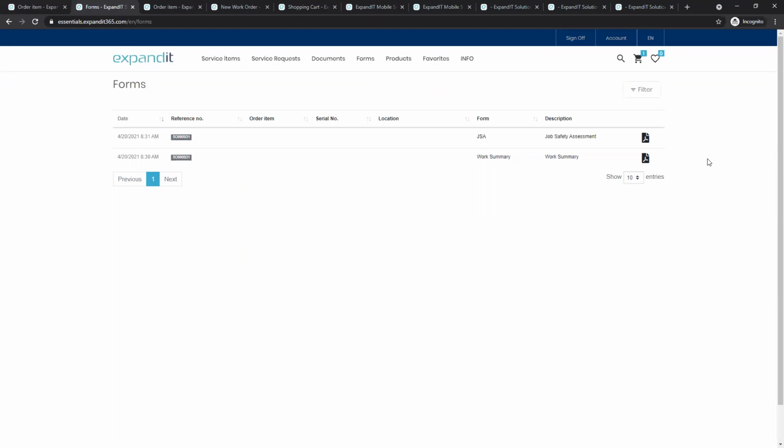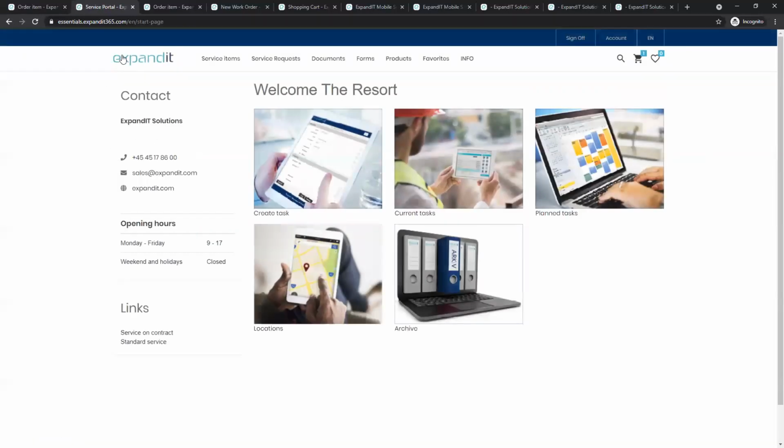Okay, so there's different ways to do that. Different customers will choose the approach to make that happen. One way that some customers will do it is they'll use this as their website. So again, this offers a full content management system. You can create your own pages. You can create your own